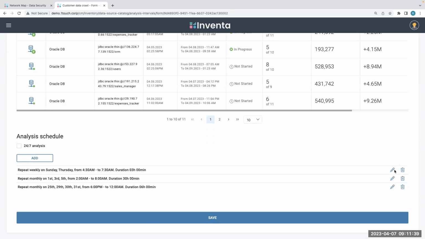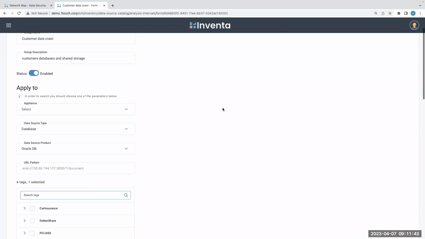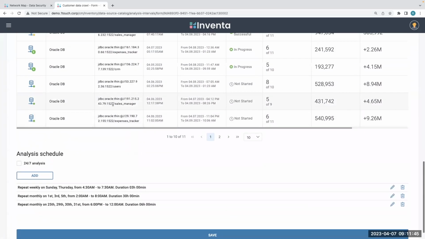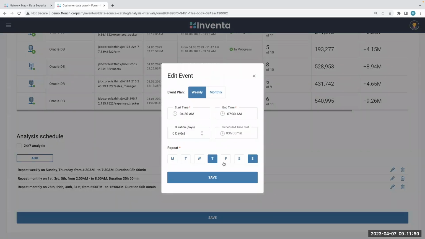And once the data sources that meet the specific criteria are populated, you could then specify an analysis window. In this example, we have Thursdays and Saturdays as the analysis window between 4:30 and 7:30 a.m. So what happens at 4:30 a.m., the system begins its crawl of the data source. At 7:30 a.m., the system essentially pauses the crawl. It will remember which record it left off on, and during the next permissible window,